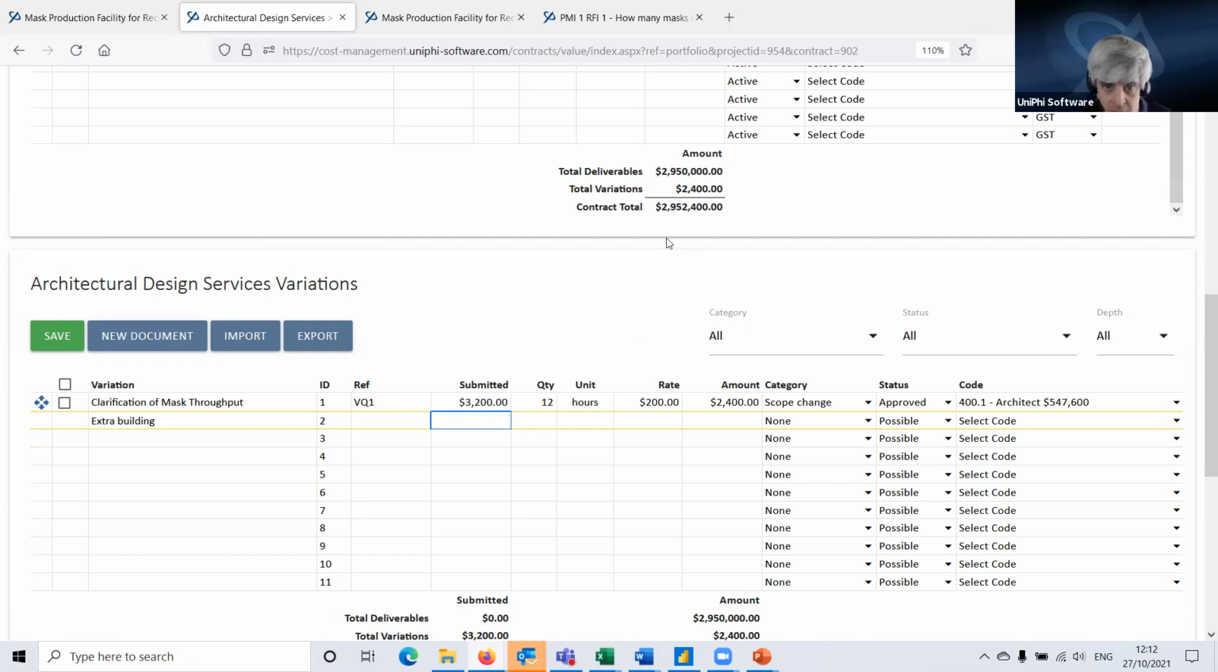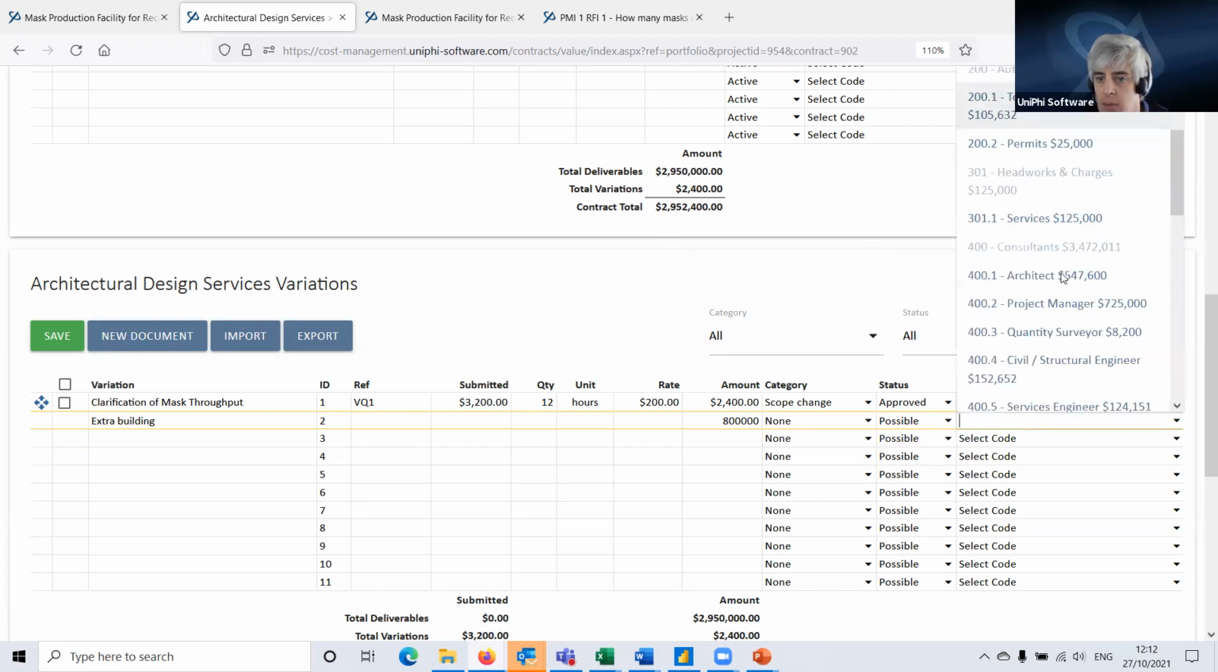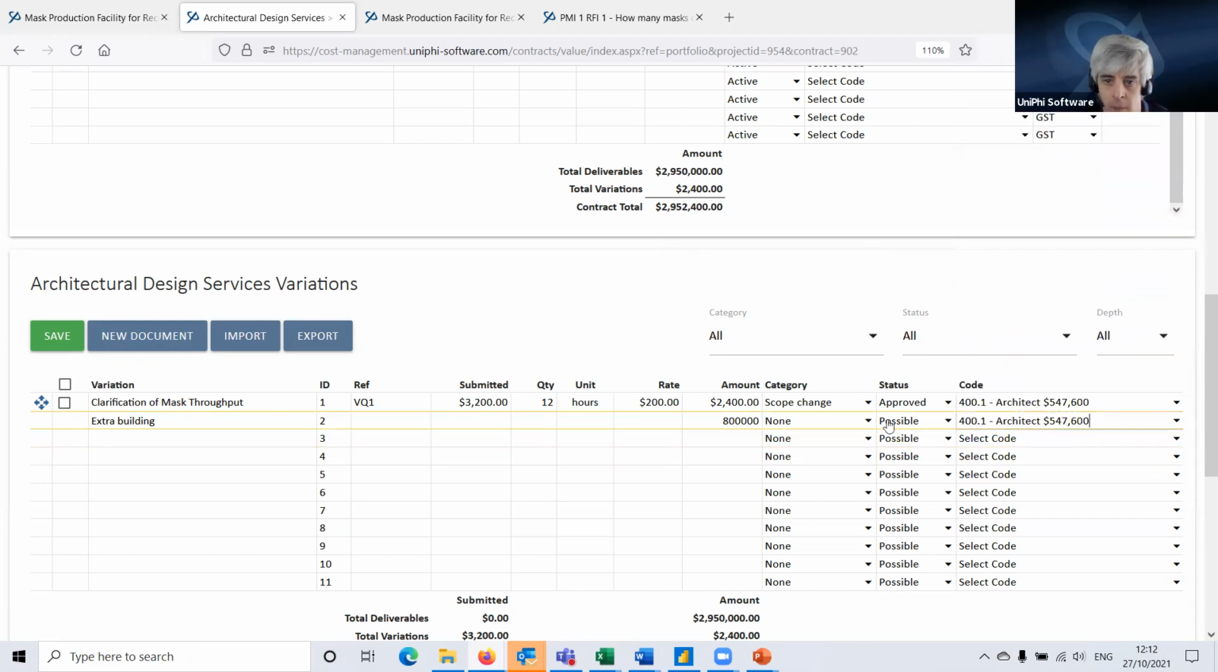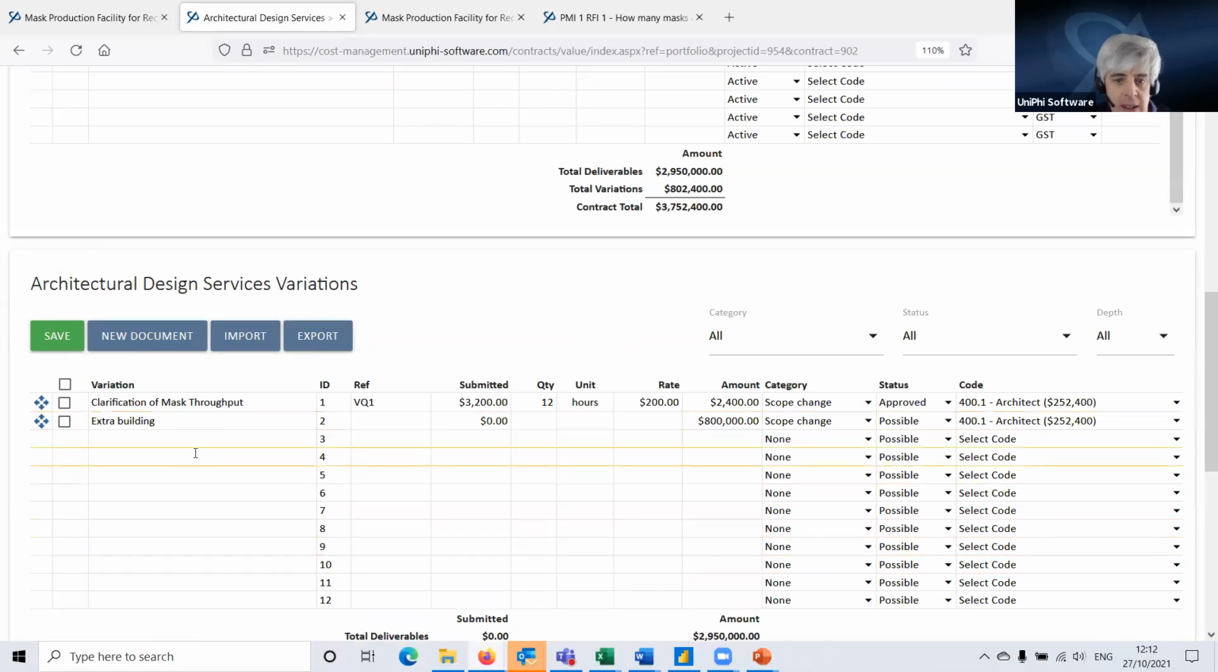I'm not going to put that in submitted. I'm going to put it just in the amount here. And I'm going to code it to the architect. This is still possible. I'm going to flag it as scope change again, because that's what the client is doing here, and hit save. So I've just added in a big variation as a possible variation at this point,